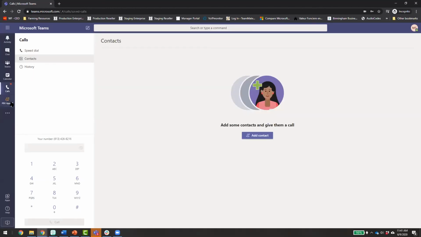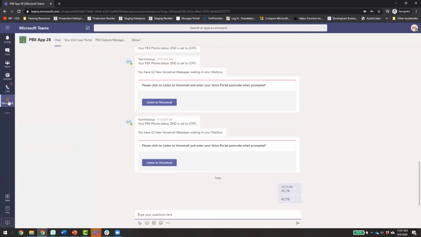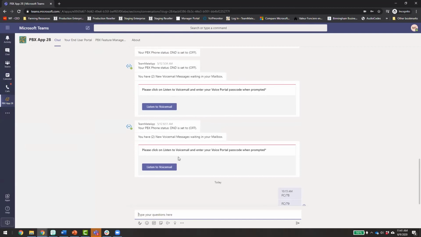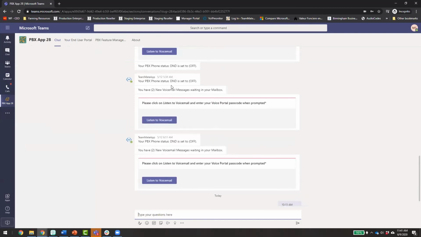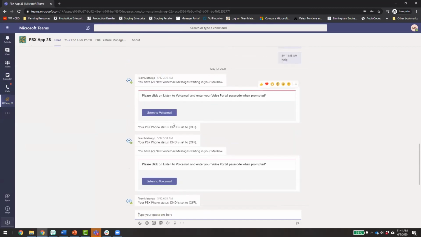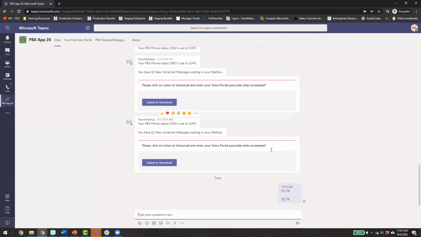The app we've installed here, and that you install for each enterprise, I've pinned right here on the side. Here it is, and there are three parts to it. First is the bot that lets you see when things happen, like when I get a voicemail, or I turn on different features and get status updates, or if a live call comes in, I get a call card.